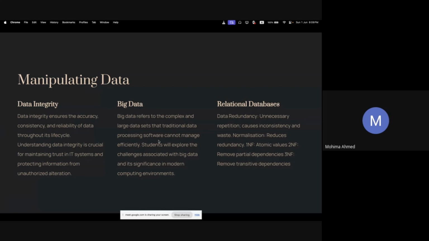Right. So big data means a vast amount of large data sets. It can be images, it can be video, it can be any type of data. Right. So it's a mixture of structured and unstructured data. In our Unit 1 database chapter, we already learned the meaning of structured and unstructured data, right? So in manipulating data, we will go a bit deeper compared to Unit 1. How we will manage big data and everything we will learn in this chapter,